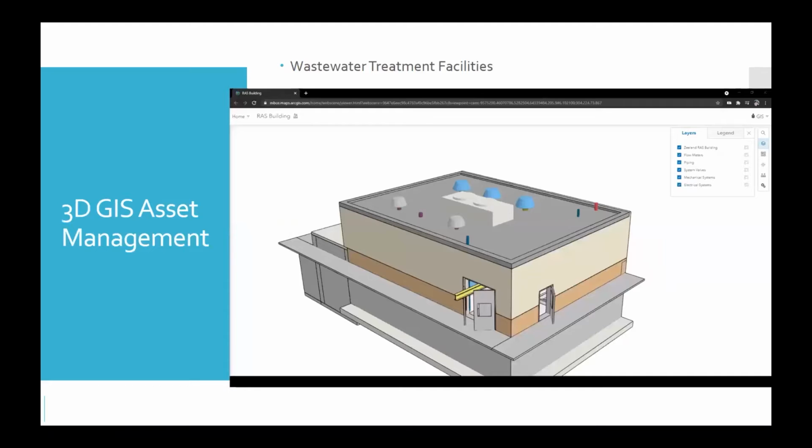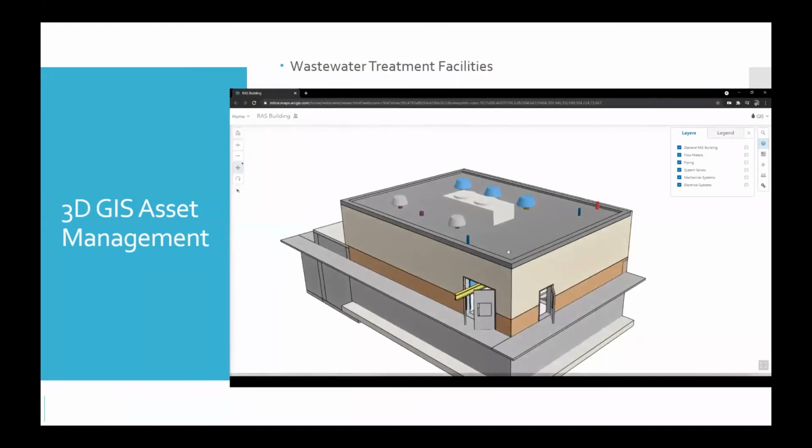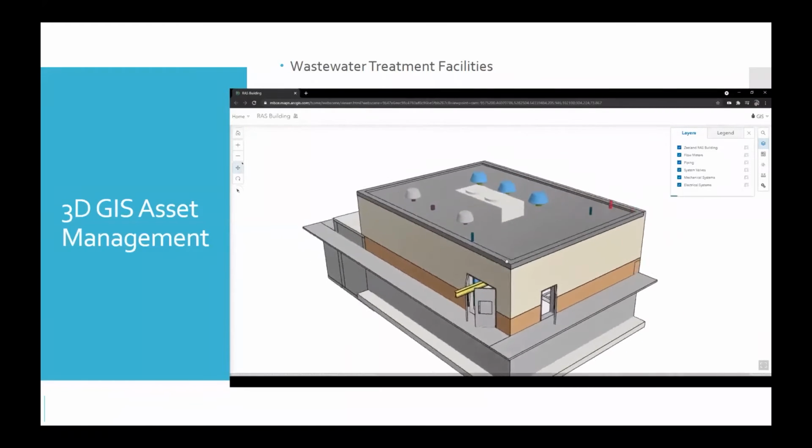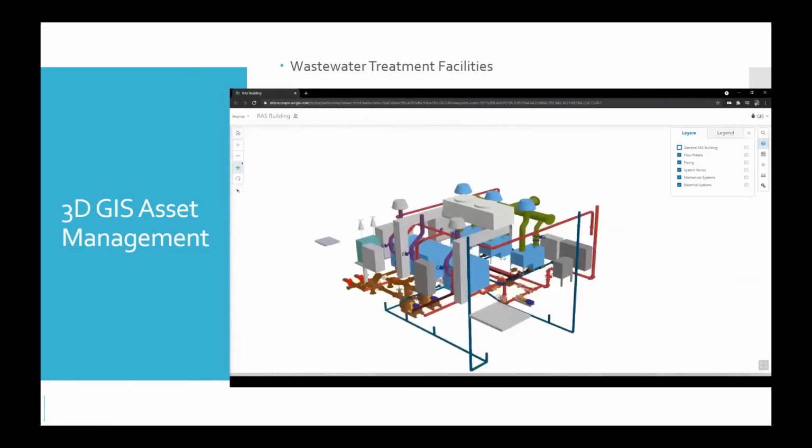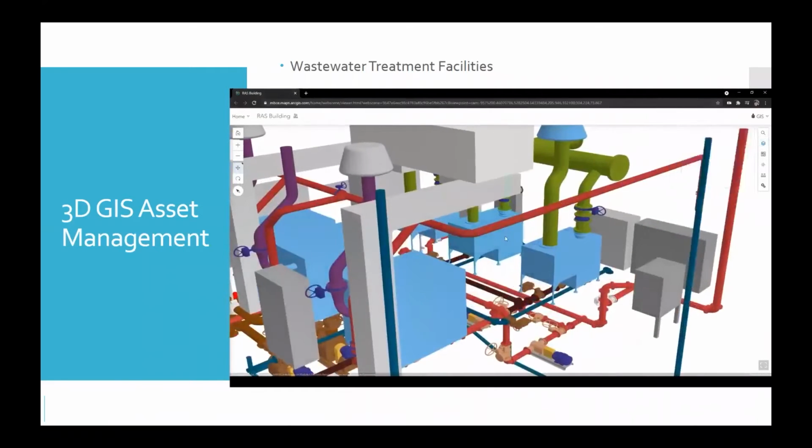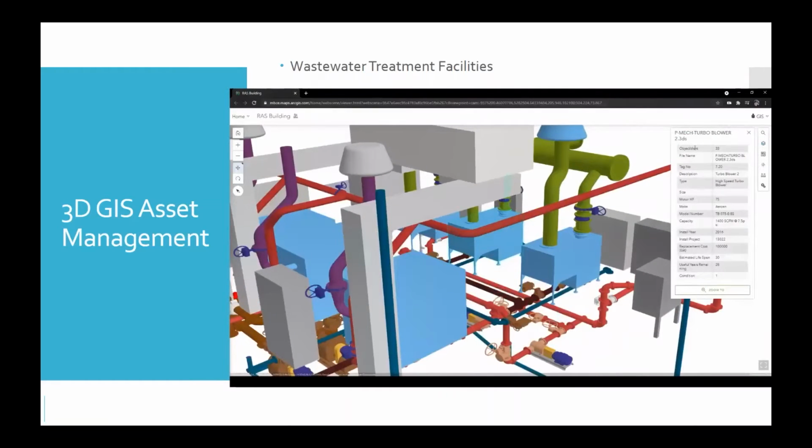And then this is one of the most fun parts of the presentation because it's in 3D, something to look at. But this is also in Zeeland at the treatment plant. We took our CAD model, which we already had for the design project, and we just broke up the pieces in it and then put it in a GIS web scene. And you can click on that turbo blower right there, and you can see all the attributes about it: